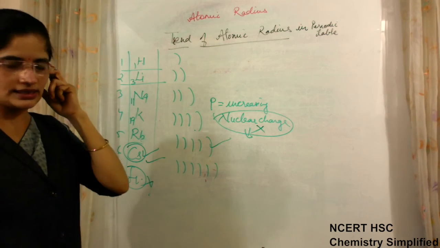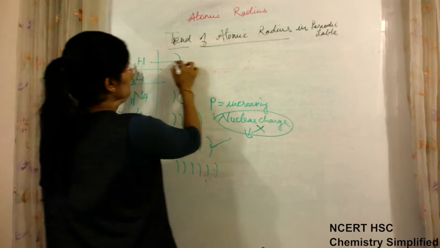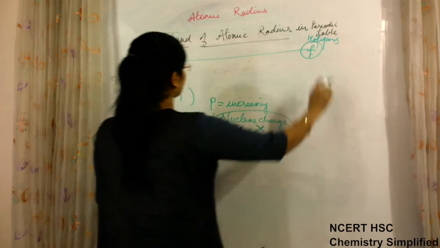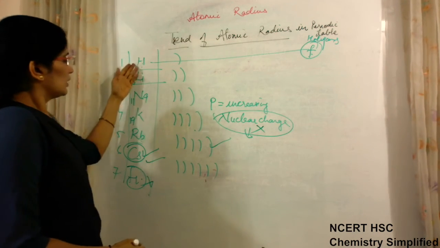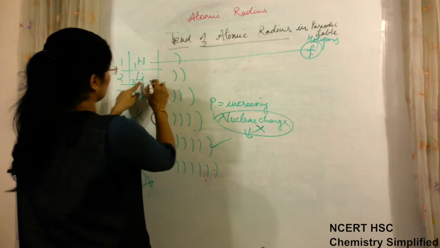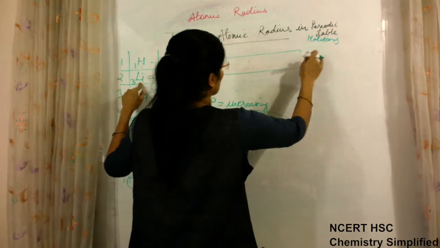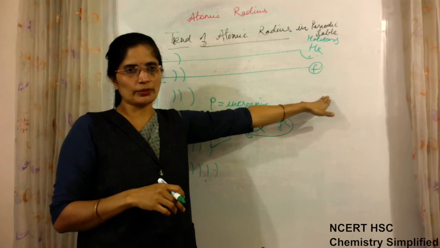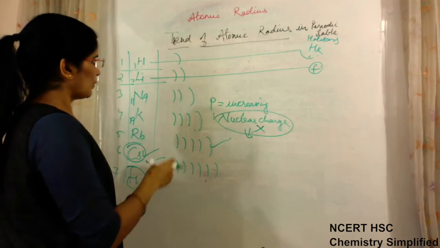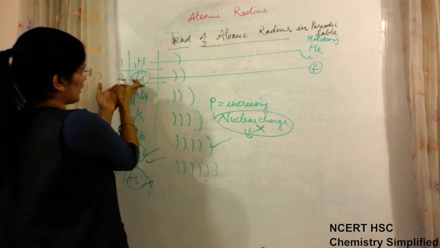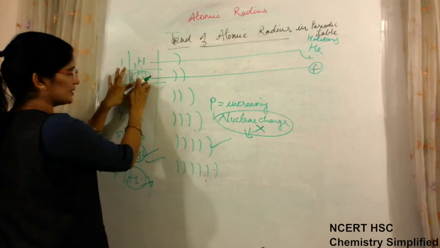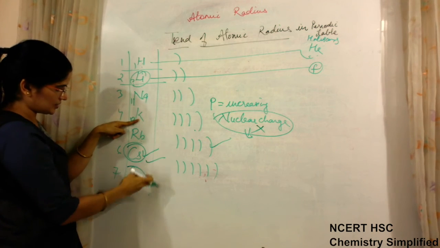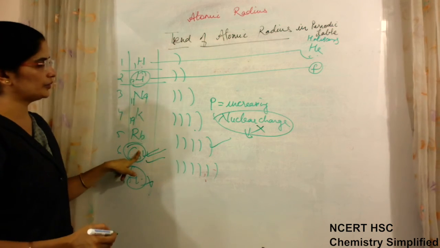Why? You can just see. If we are moving from left to right, the smallest radius comes for halogens. Okay. Now, from lithium to fluorine, not hydrogen, as helium is here, if we observe, the smallest value for atomic radius is coming for halogens. Now lithium has the highest value in this period. In the whole period, it has the highest value. And higher than this is this, higher than this is this, and higher than this is this, and finally this has the highest value. Okay.